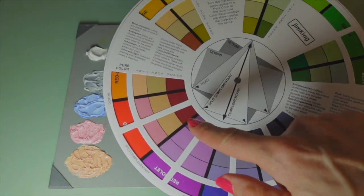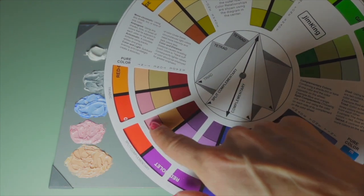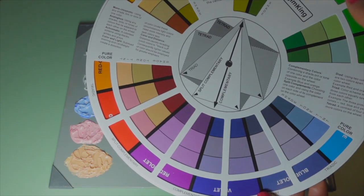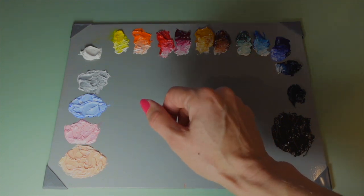So for example, sometimes people get confused about a color like pink. You know, red is the hue. Pink is the form of the color once it's been lightened and desaturated with white. And so when we're analyzing an object for a painting, trying to figure out what color it would be, like